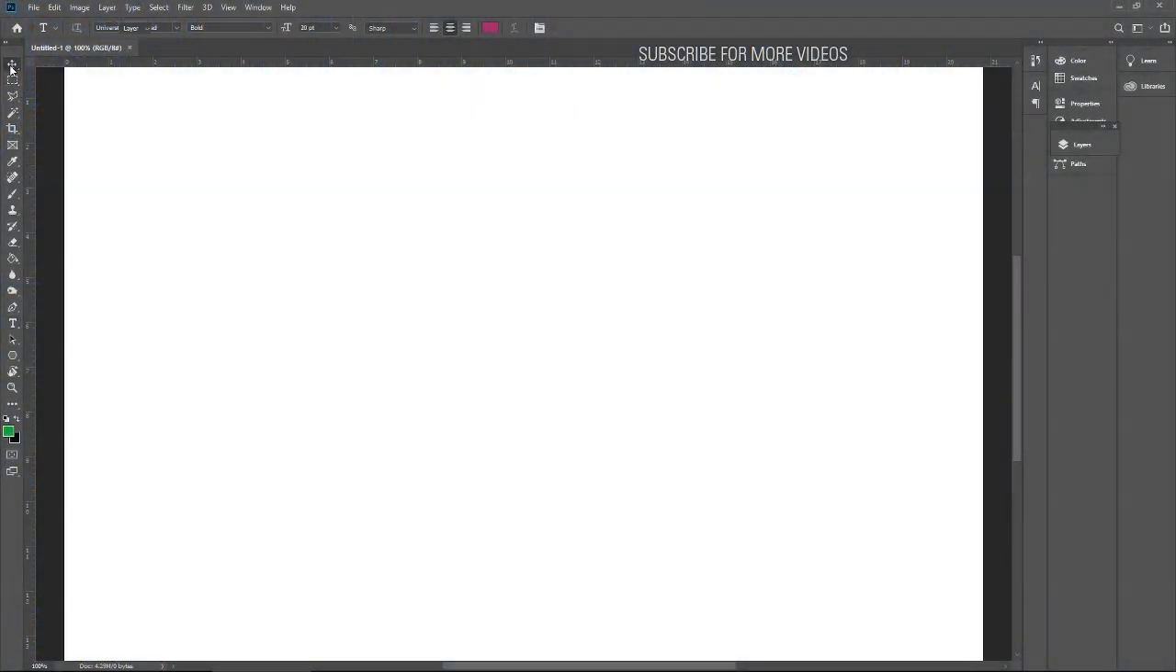So this is the type tool. In the left-hand side toolbar, press T from your keyboard and you will see a couple of options over there: 1, 2, 3, 4. Let's use the horizontal type tool. Select it there and type